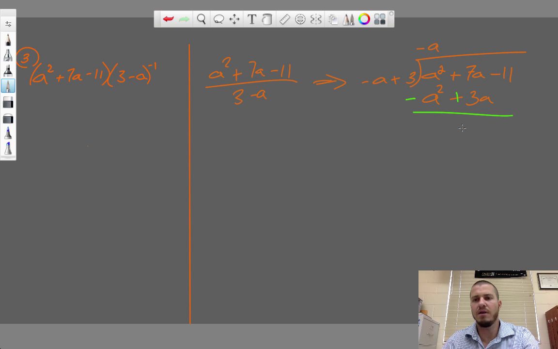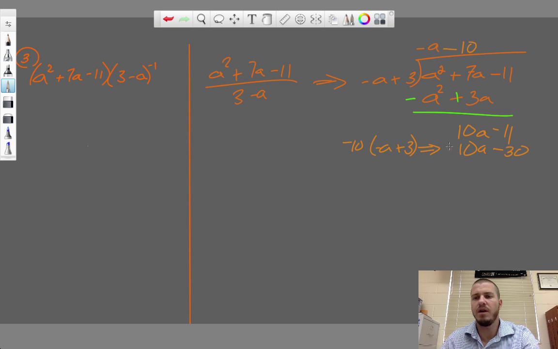These will cancel out. This becomes 10a minus 11. Negative a times negative 10 becomes positive 10a. Distribute back through. So I'm multiplying negative 10 with negative a plus 3, and that's what I'm getting in this line. So that becomes positive 10a,